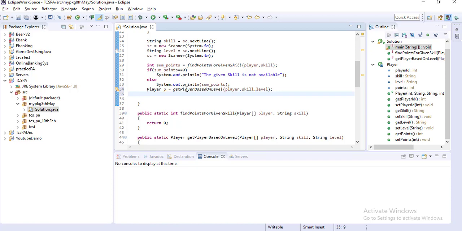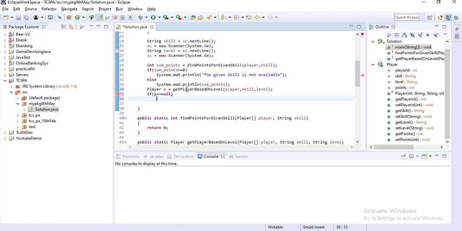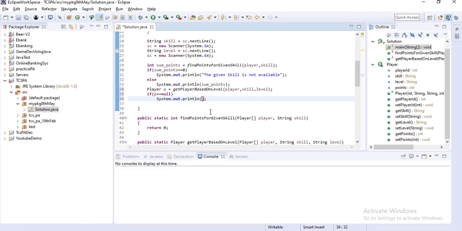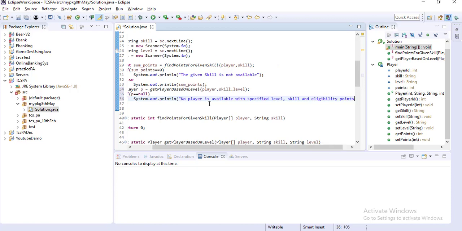Here also you have to check if p equals null, then I will print the message: not eligible, no player is available with specific skill level.